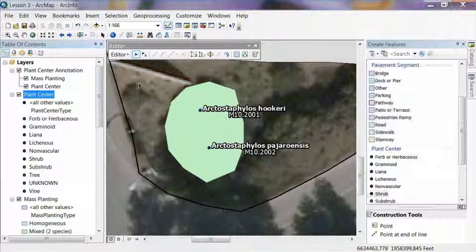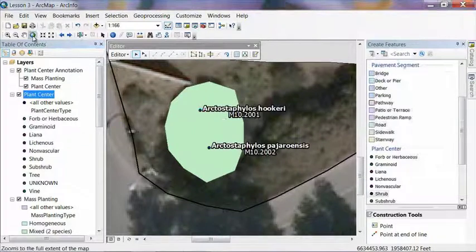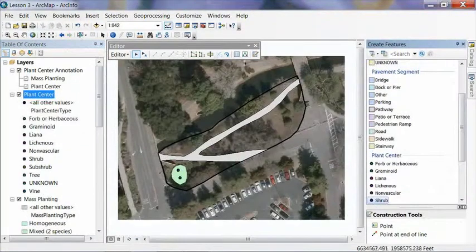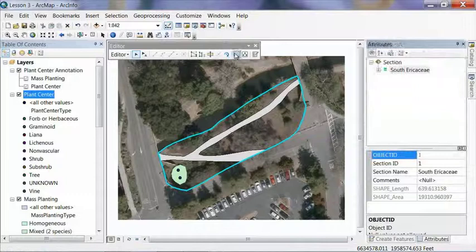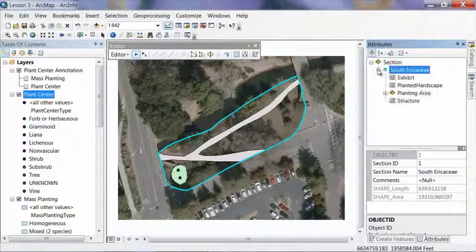So if we zoom all the way back out to the full extent of our data and grab the Edit tool from the Editor toolbar, we want to select our section boundary here and hit the Attributes button on the Editor toolbar to bring up some information about it. So now we can see that we have our South ArcGIS feature for our section. If we click the plus icon, we can see that we have our southwest, southeast, and bank features inside of it for planting areas. If we expand the southwest